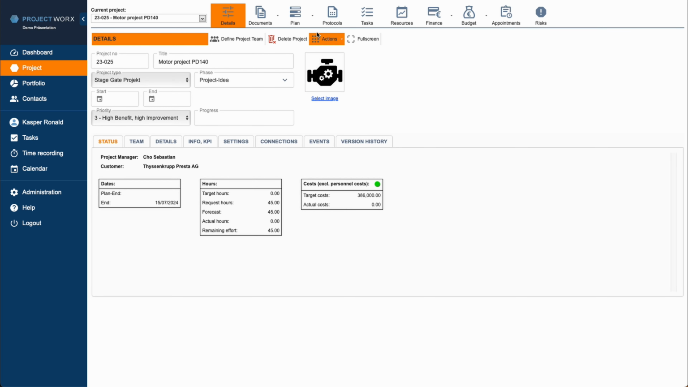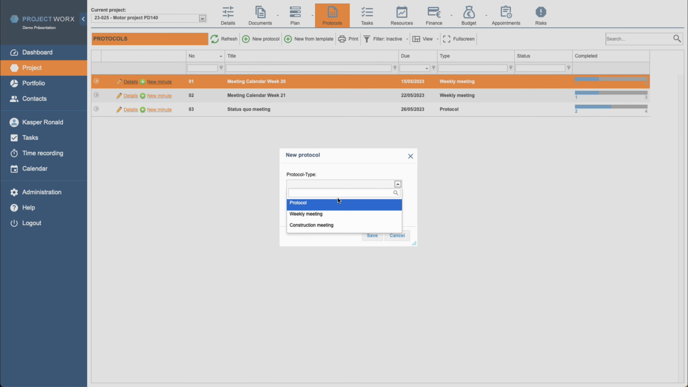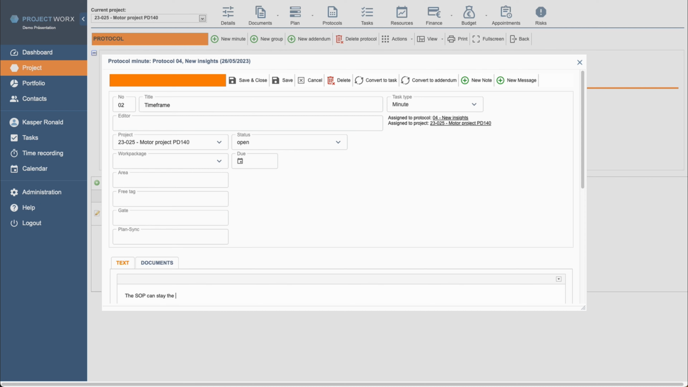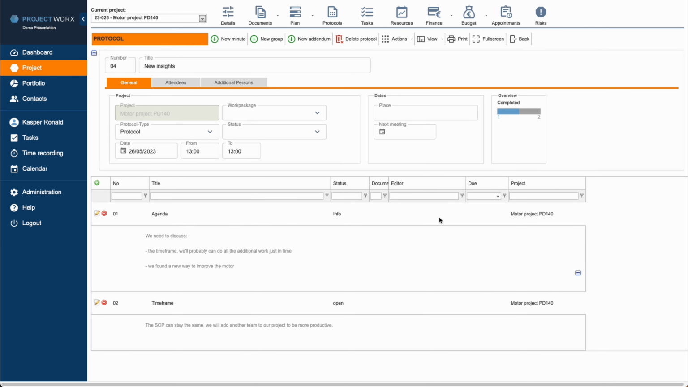I open up a project. In here I create a new protocol. I'll just quickly capture 2 minutes to go over in the new meeting. Now comes a third minute, and in here I would like to pick up a topic that was already discussed